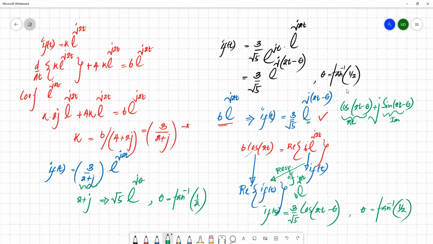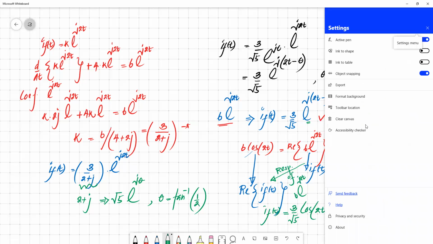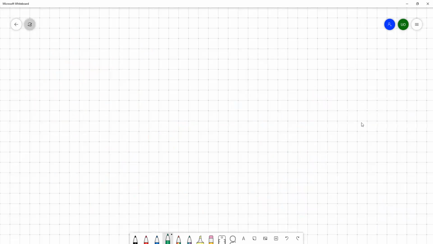If you summarize this scenario, if you have r cos theta as a source, we convert the source into r e to the power j theta,